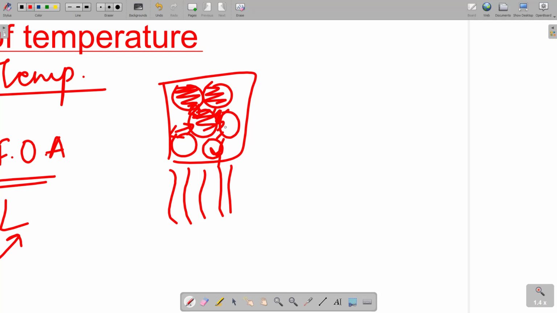The heat energy present in the solid at the time of melting is used by the particles to diminish the force of attraction between each other. So this heat somehow we can say is hidden. हमें पता ही नहीं पड़ रहा कि ये हीट कहाँ जा रही है, बट एक्चुअली वो हीट अपने फोर्स ऑफ अट्रैक्शन को ब्रेक अप करने में यूज अप हो रही है. So this kind of hidden heat is called as